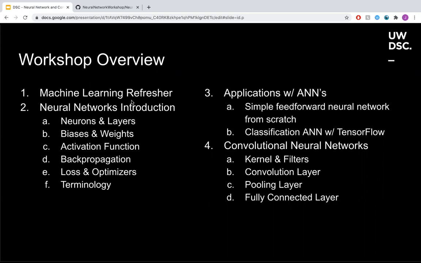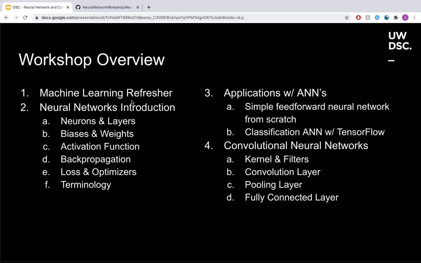I'm then going to go into the neural network introduction, where I'm going to be talking about what is a neuron, what is a layer, biases and weights, the activation function. I'm going to briefly talk about backpropagation, loss and the loss function and optimizers,